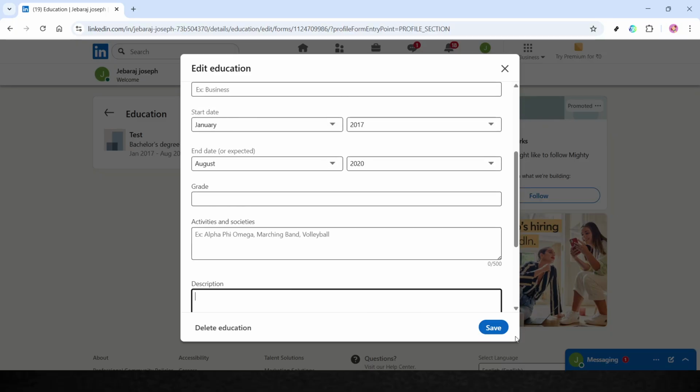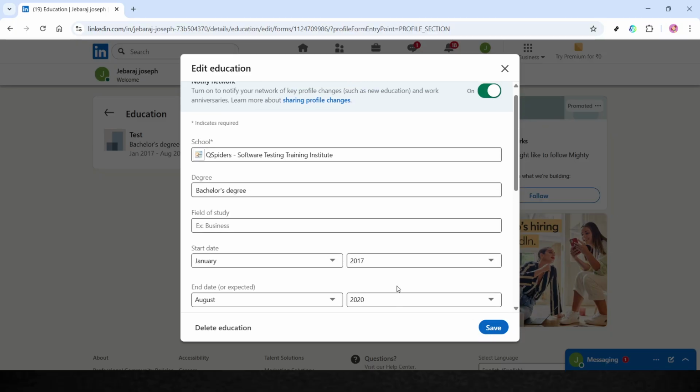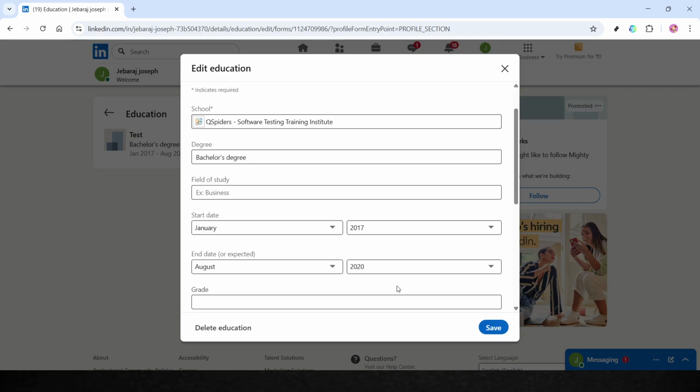Go ahead and fill in this form with all relevant details about your educational experience. Include the name of the institution, the degree you've achieved, the field of study, and any other details that can enhance your profile. These additional details not only make your profile more comprehensive but also better inform your network of